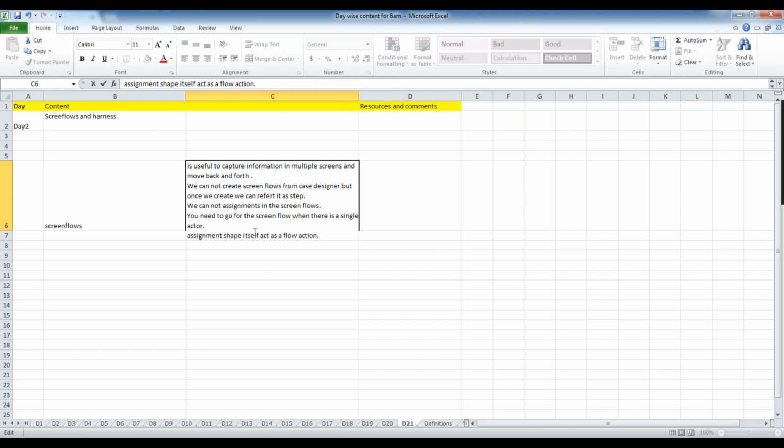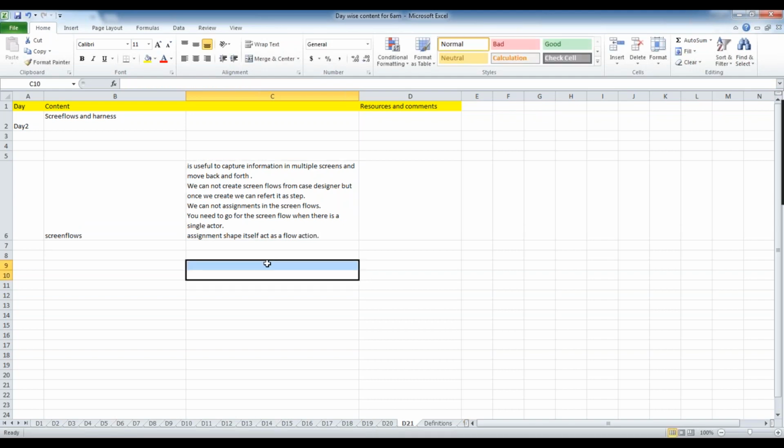In the standard flow, the assignment shape has a flow action coming out of it, because there we configure the routing. But here there is no routing at all. That is why the assignment shape itself acts as a flow action, and whatever comes out of it is just like a normal connector.